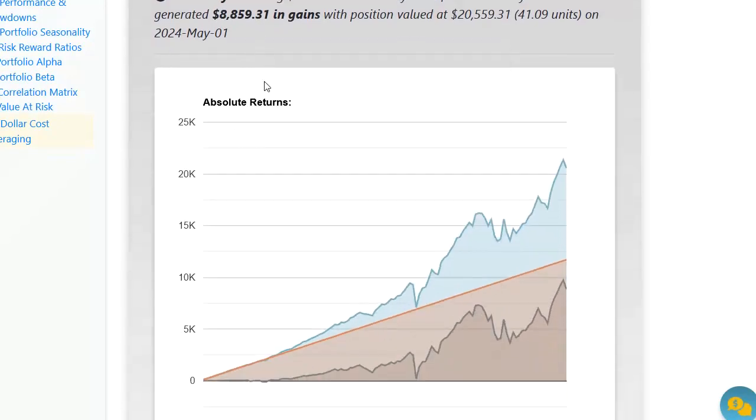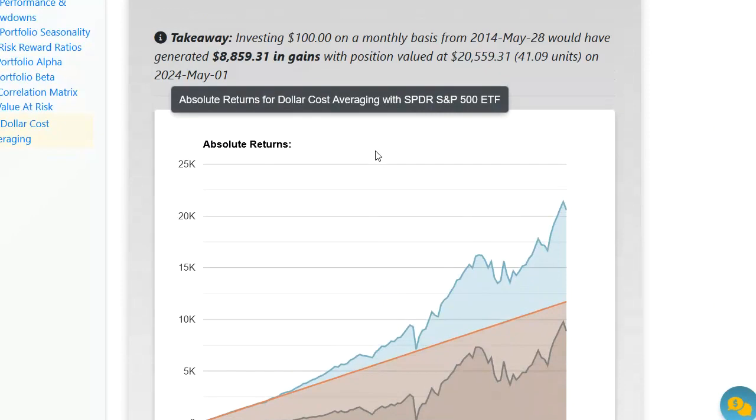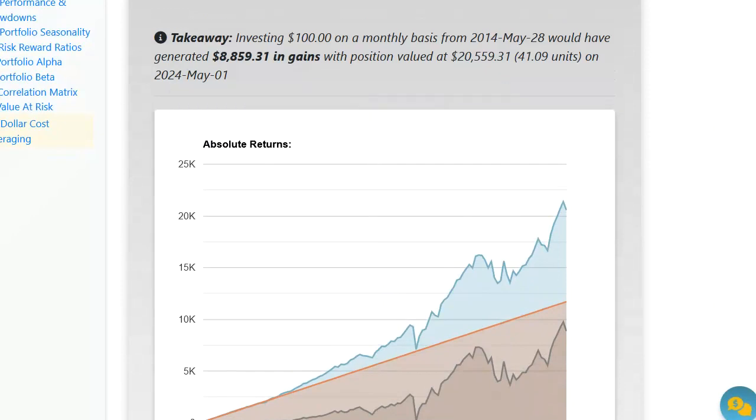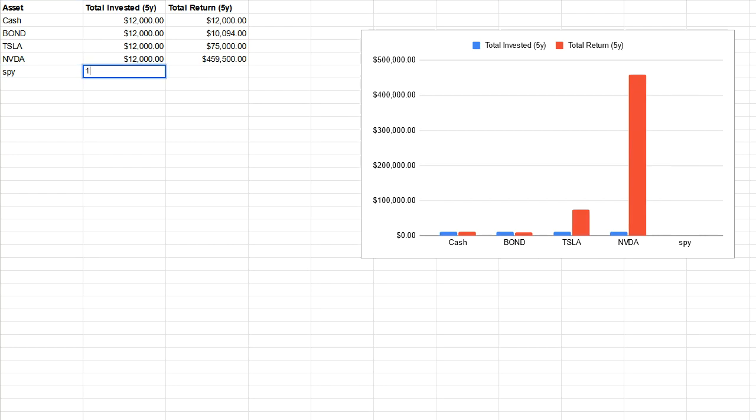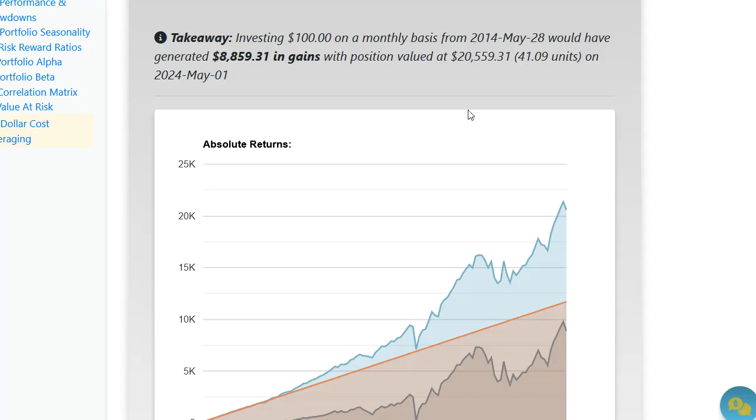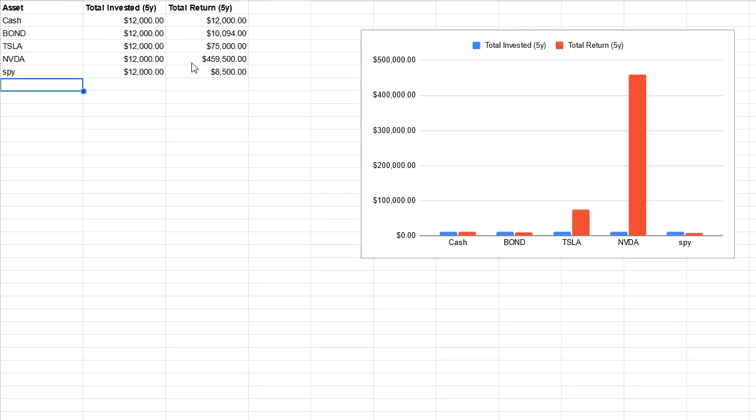Yeah, you would have made much less gain, obviously, right? It's like 8,800, 500. So we have SPY, 12K, 8,500, something like this. With the position size. No, this is not. This would be the gains, right? No, I made a mistake. 20K, 20.5K. So we have 2,500. So nothing revolutionary, right?